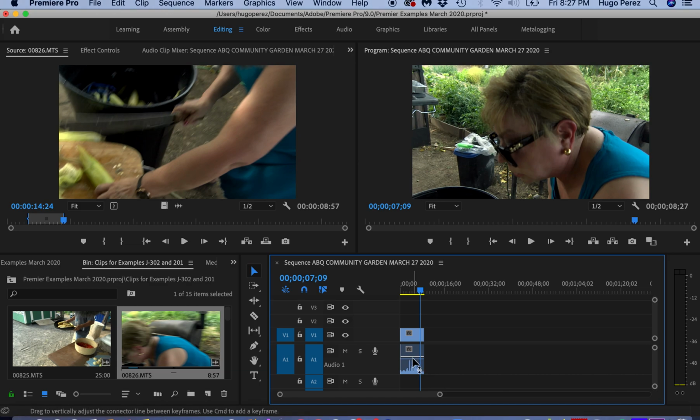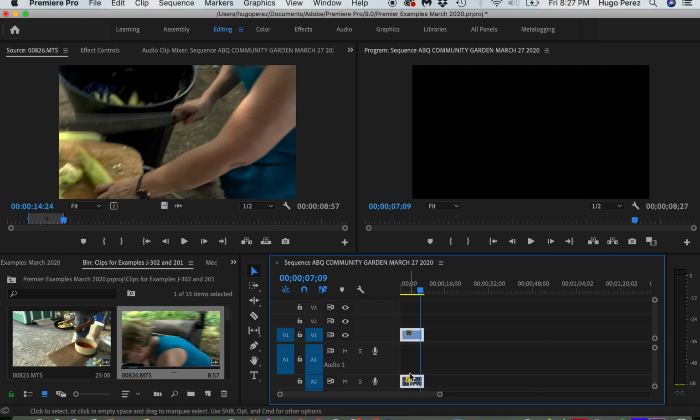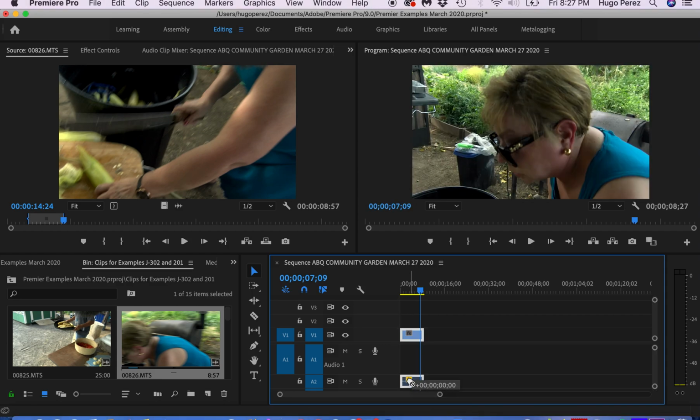The white line is actually your audio levels, okay? And let me see. And also you can move your audio up and down from audio layer number 1 to audio layer number 2. And if you're working on an external keyboard such as what we have in 154A or in 157,